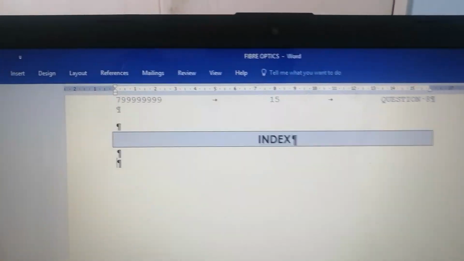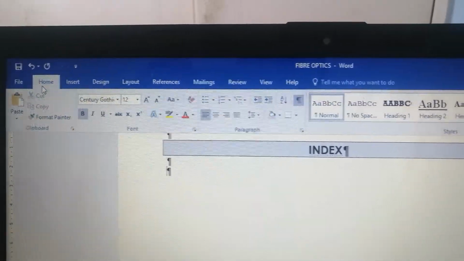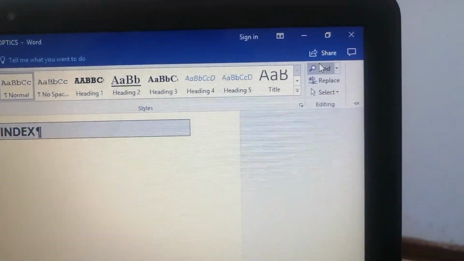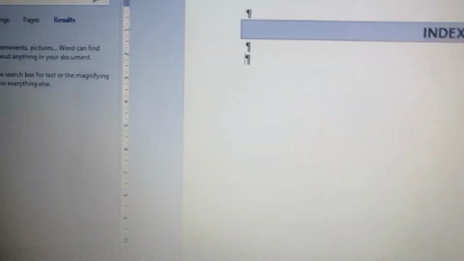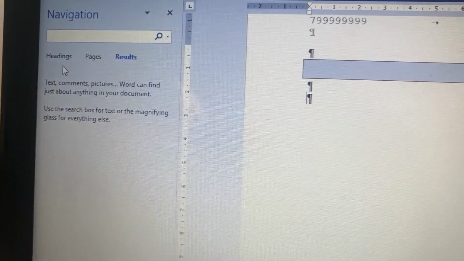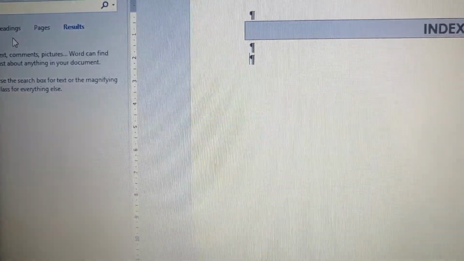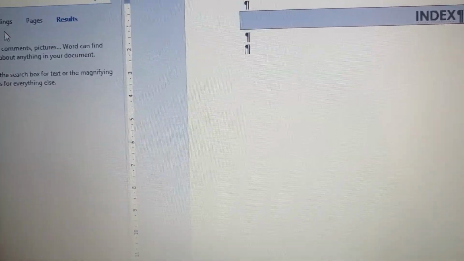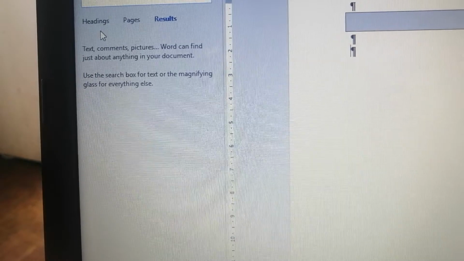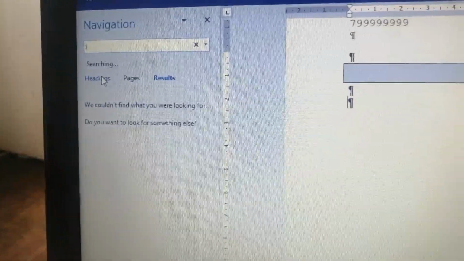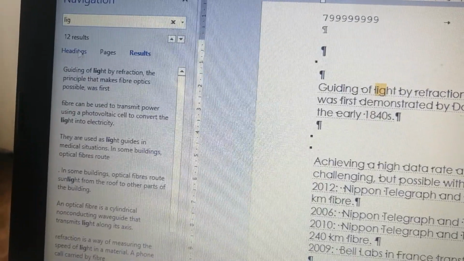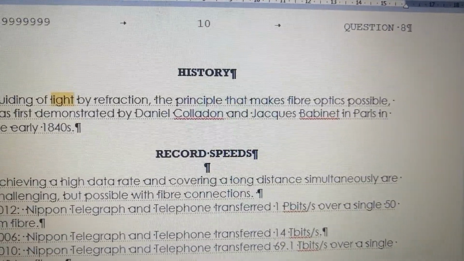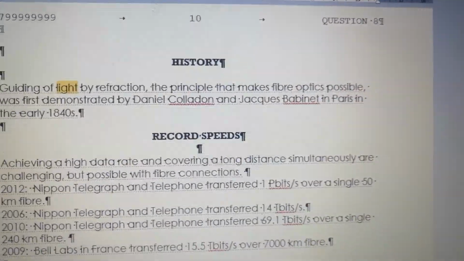You go to Home. You see Find. Home, Find, and then you type the first word, which is light. You see, light is highlighted, it is on page 10. So you write